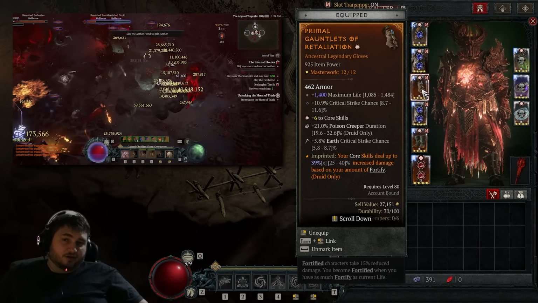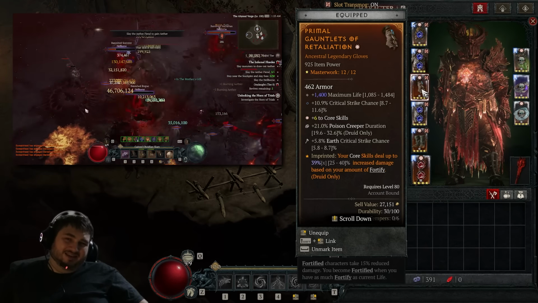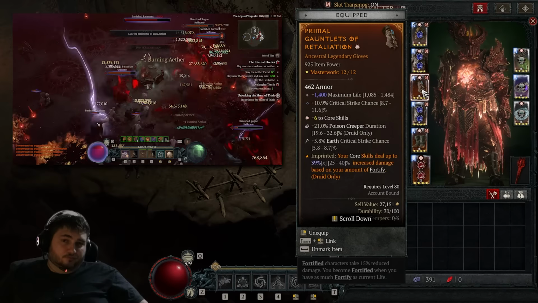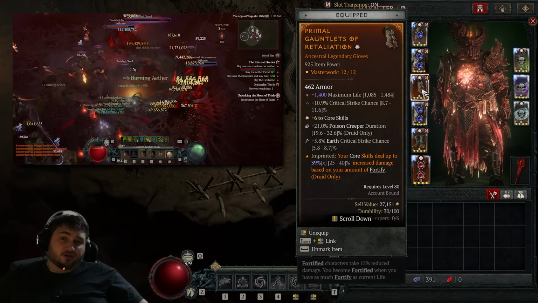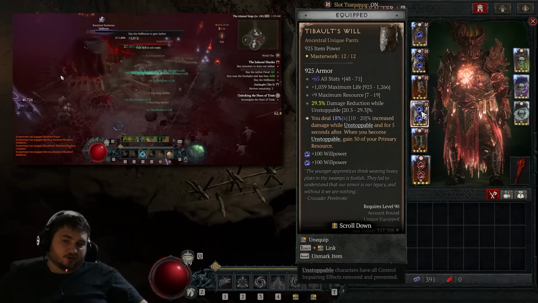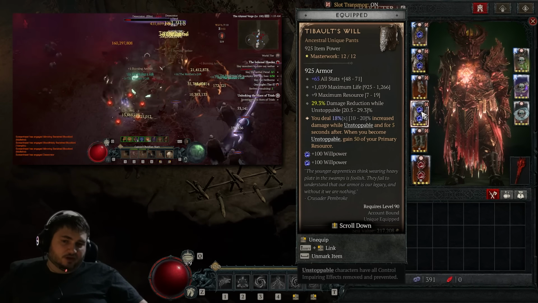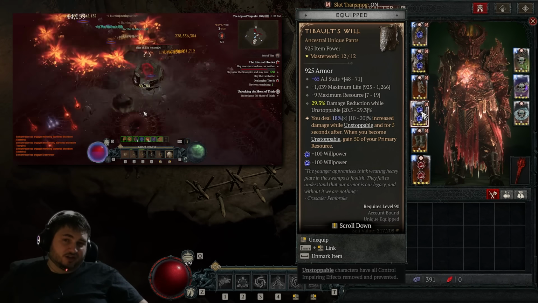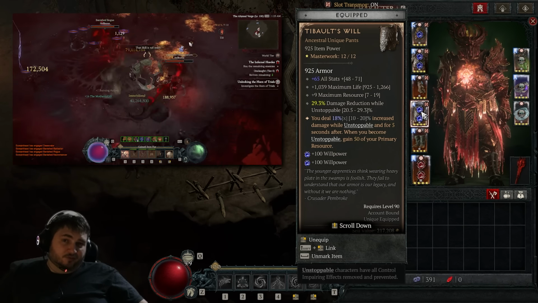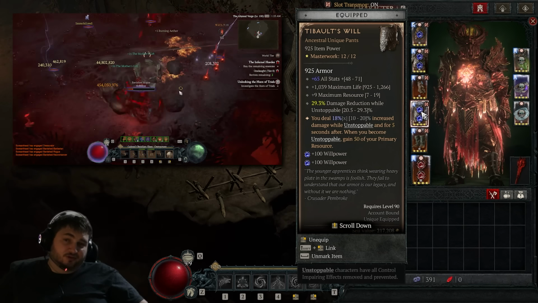You could do overpower damage as well, but I don't like building into overpower damage because the large majority of our hits are not overpower, but it is nice to see those juicy overpower hits. For Tybalt's Will, we're going for a high multiplier on damage at the bottom, and 20% is the highest you can get. We also want to have a good damage reduction stat, so preferably you want to get a GA on this. All stats and maximum life are pretty good as well, but maximum resource is pointless, so don't worry